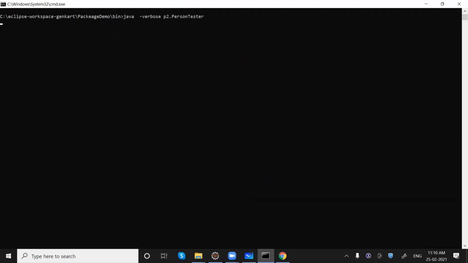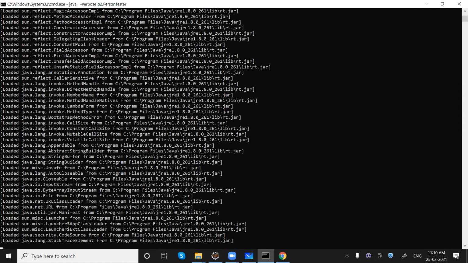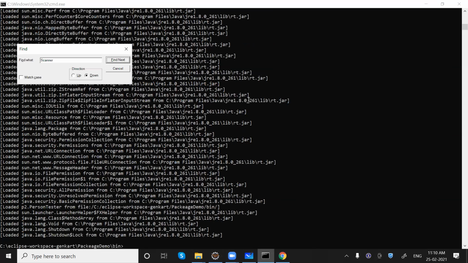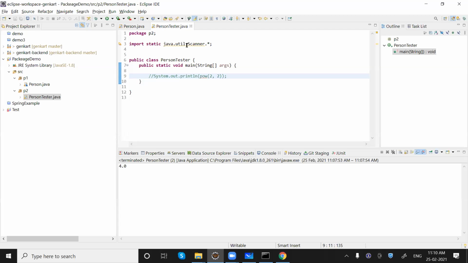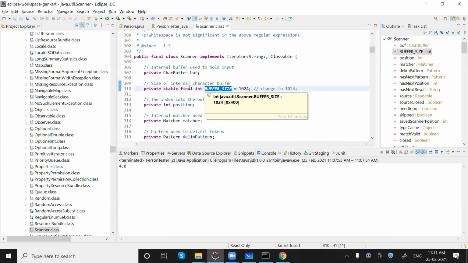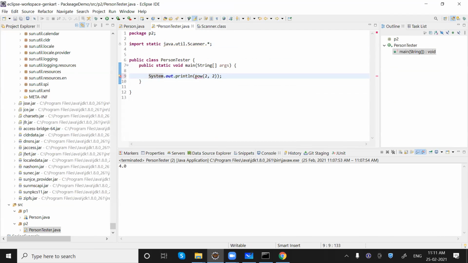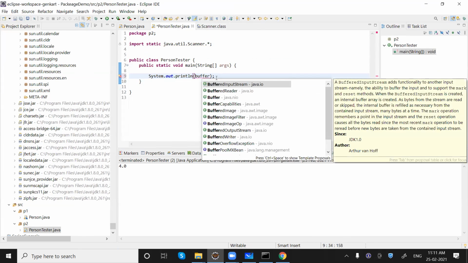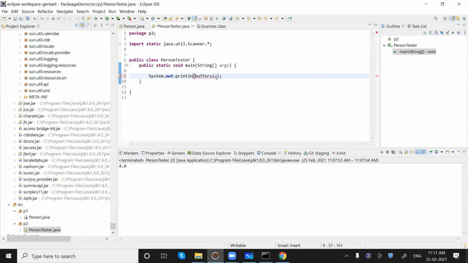If we got a Scanner here, that means the class is loaded. No, it's not loaded. So it will be loaded on demand only. Let me check if we are able to access it or not without the class name. We are not getting it.